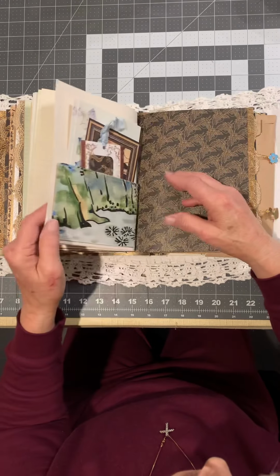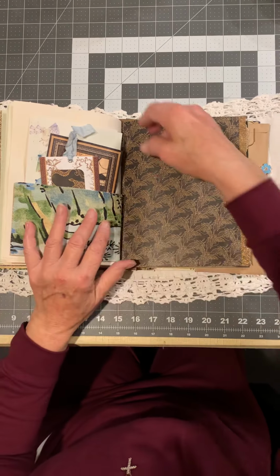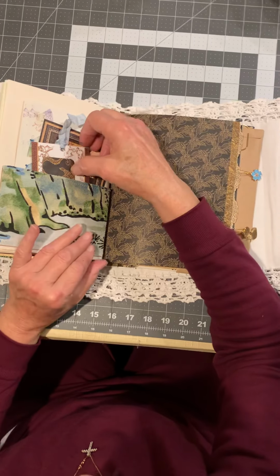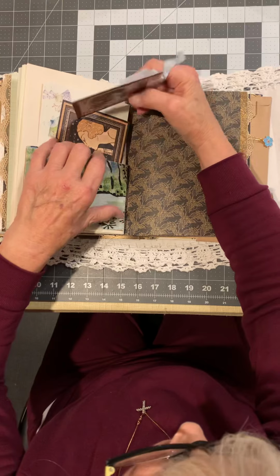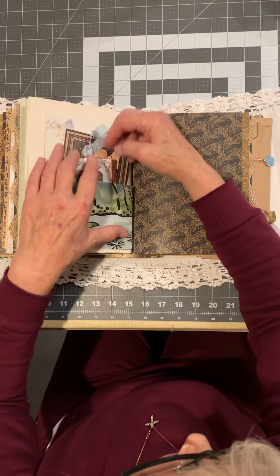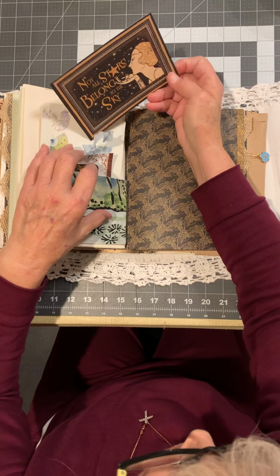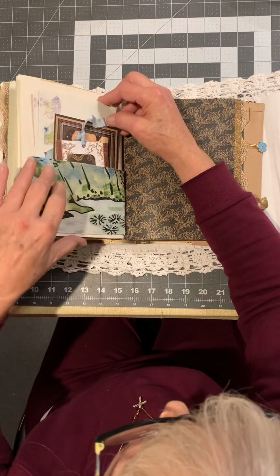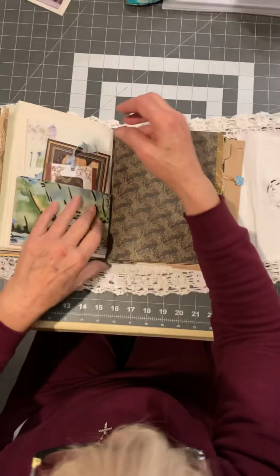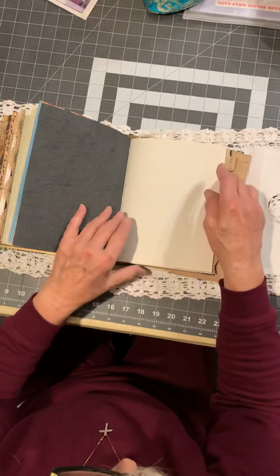This is the music, vintage music. This is fabric that goes with wallpaper that I used for the cover. This is a journaling card in one of these envelopes. And not all stars belong to the sky. And here's some note cards with Asian looking fans on it for her to use however she wants. And the fifth signature,